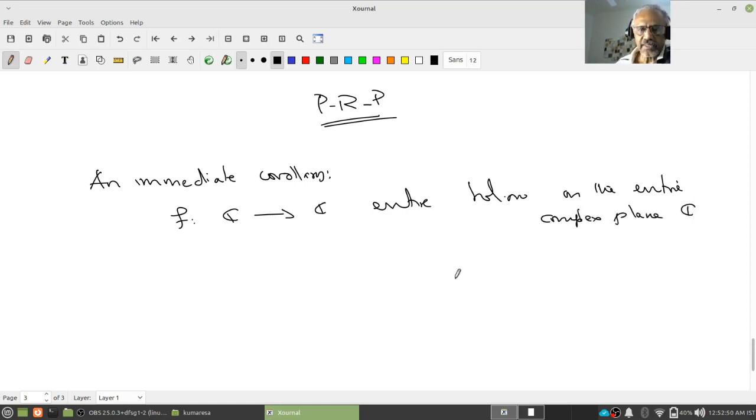That's why it's called entire. Alright, then what is R? R is infinity. You understand? Therefore, F admits